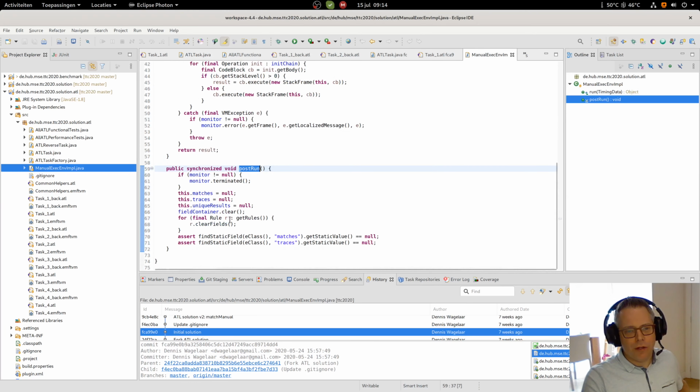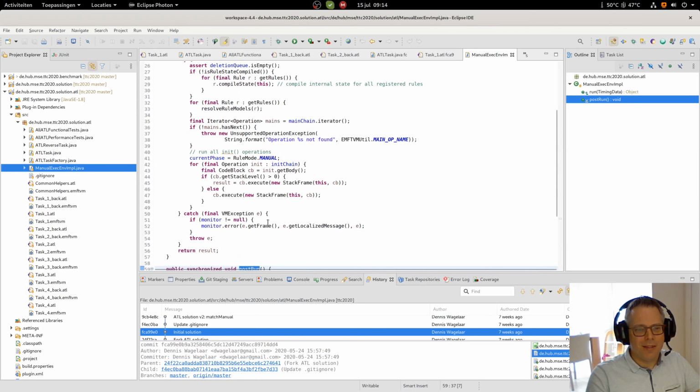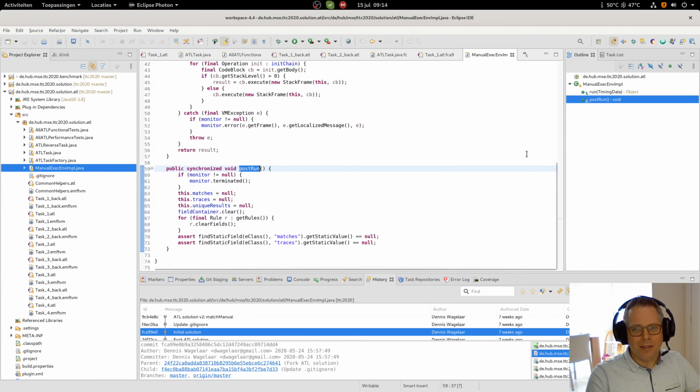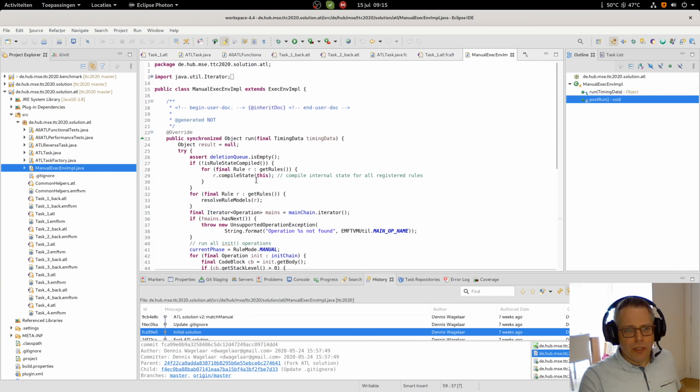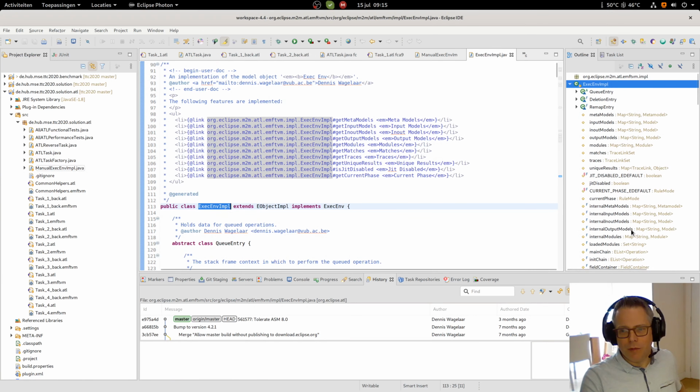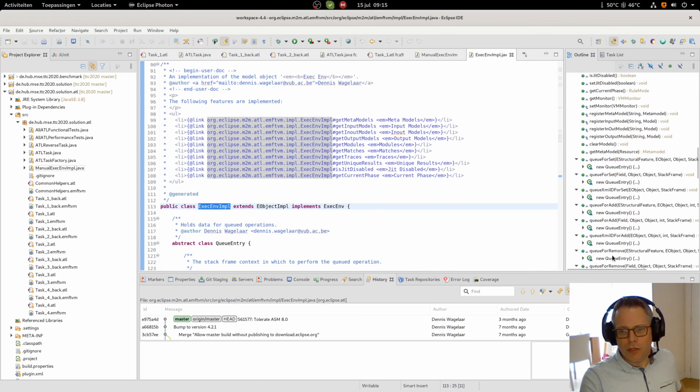And the post run is very important to do the cleanup afterwards. If you don't do the cleanup, you will actually get a memory leak. So therefore we have to provide this post run in order to do cleanup. It's actually not such a big adaptation if you look at the original implementation of the execution environment, which is